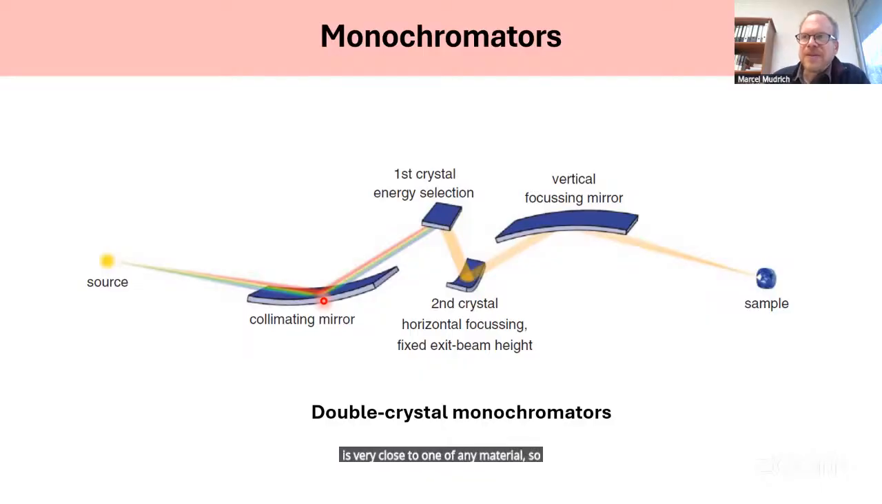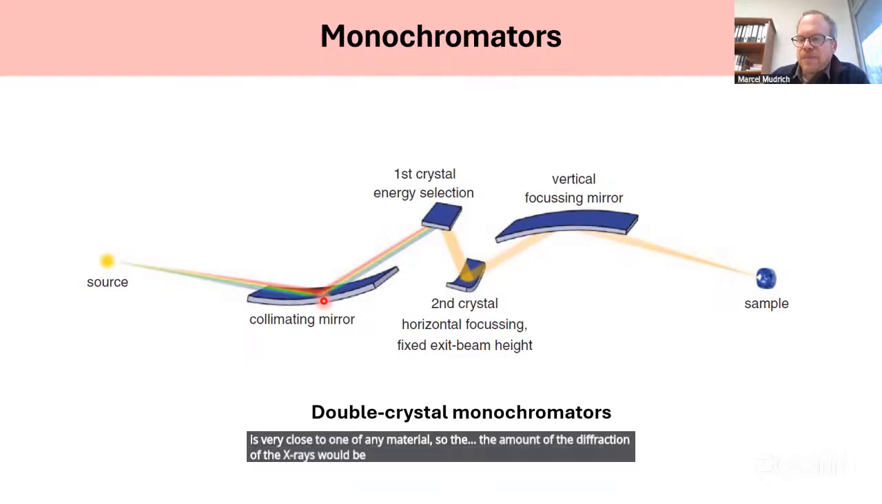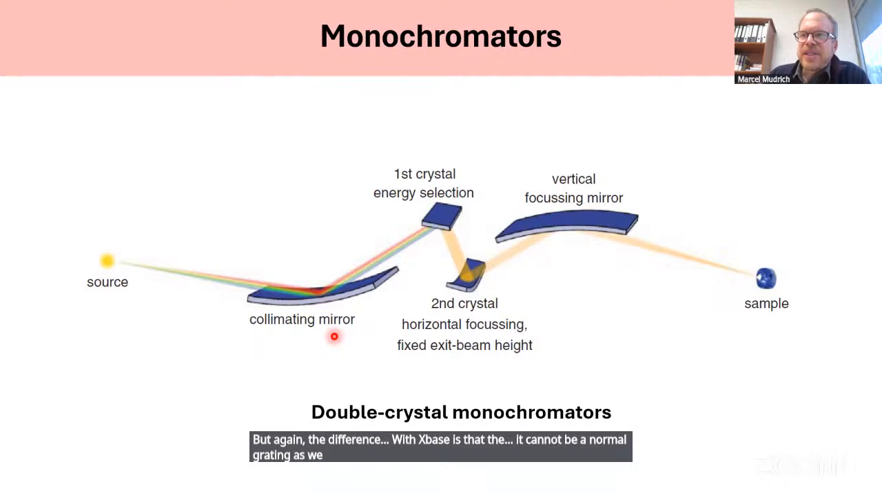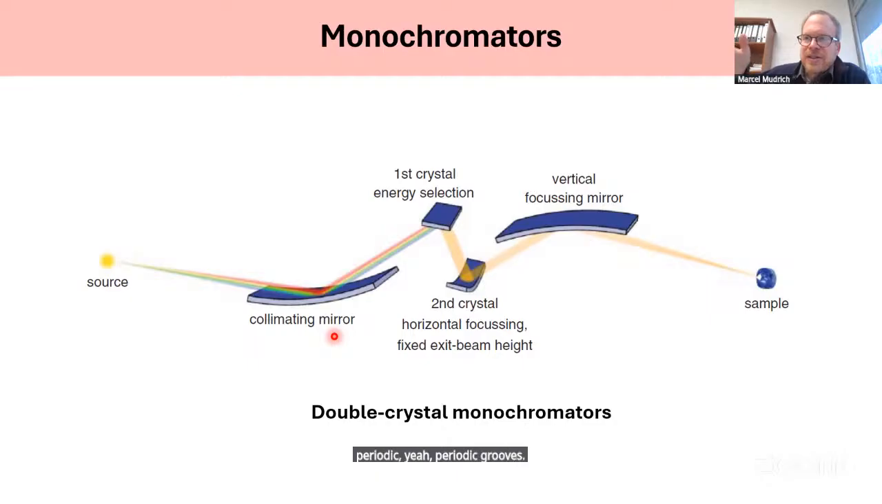So the amount of the diffraction of the X-rays would be very small. So the only way to diffract X-rays is using a grating. Just like in the visible range, there are diffraction gratings that can be used. But again, the difference with X-rays is that it cannot be a normal grating as we use it in the visible range that consists of periodic grooves that are artificially made in a metal surface, for example,